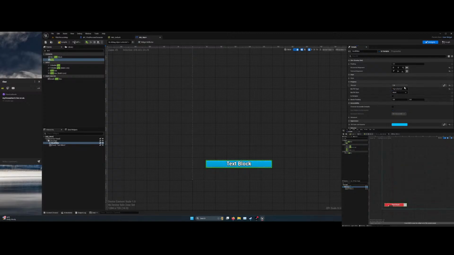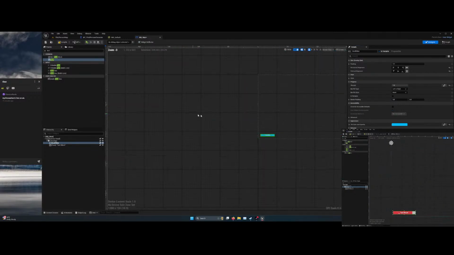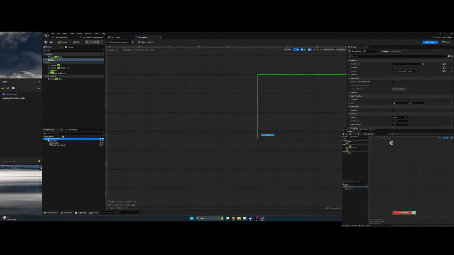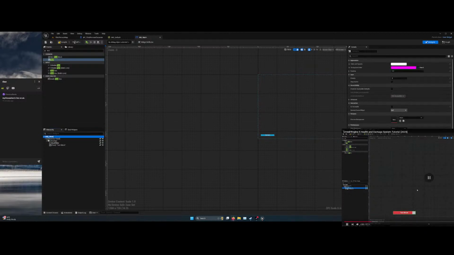Now I'm going to drag this overlay. I'm going to drag it down here because I want my progress bar to be at the bottom left of my screen. Now for UIs, you can see we have something called an anchor. This is the anchor of this UI that I am selecting right now. And if you select the overlay,